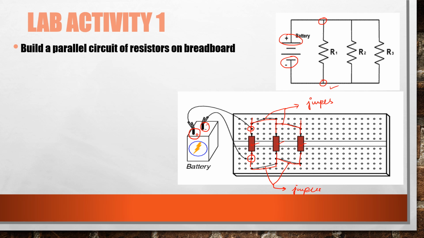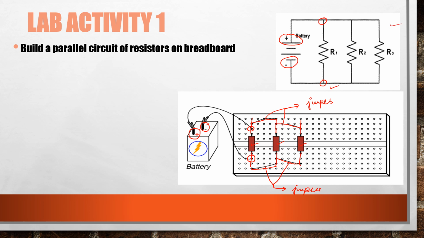Now after connecting the power supply or battery, you are going to use a multimeter to measure the required parameters, that is voltage and current. So this is how you are going to build the circuit that is shown in this figure